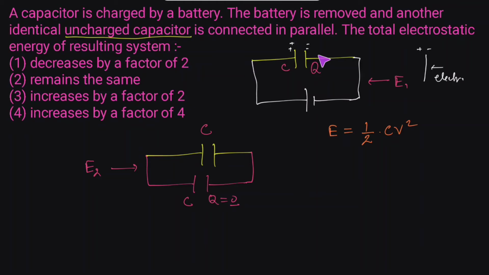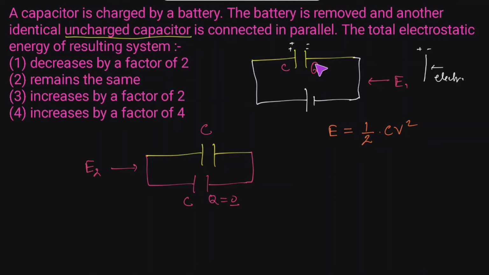But what we have to do whenever such a problem occurs, where we are connecting a capacitor across a battery, then we are removing that capacitor from that position and connecting it to some other capacitor, or sometimes a group of capacitors, or sometimes we can connect the same capacitor across an inductor. When such a thing is happening, we always try to use a formula where the charge is mentioned.